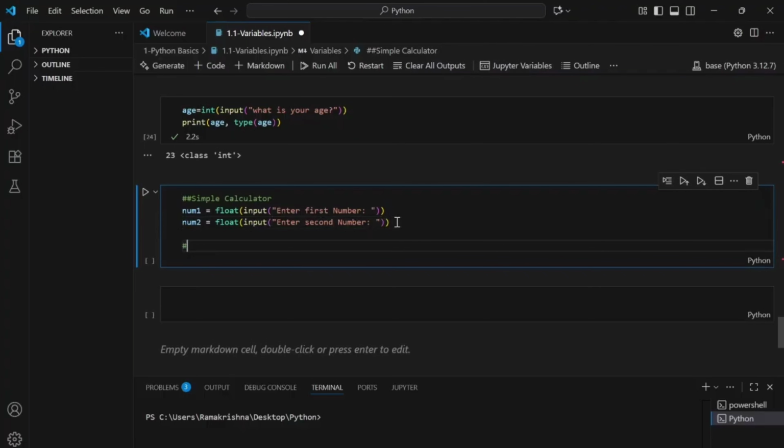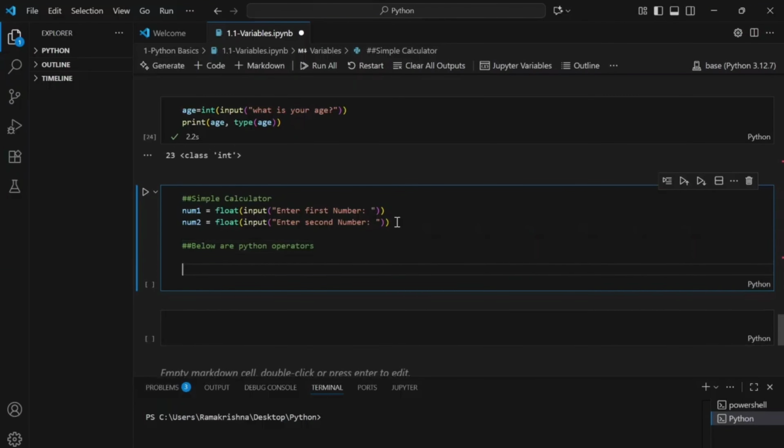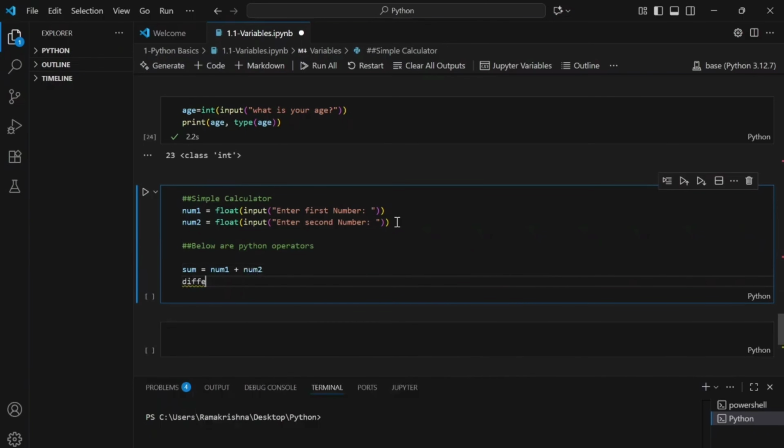So below I'll be writing some of the Python operators. Sum, first I'll be doing sum. So sum equals num1 plus num2. Okay.